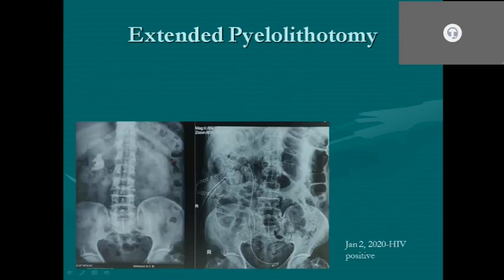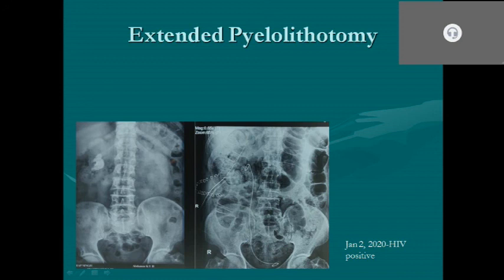So this is what I was talking about, the double J stent. As you can see, this is the upper coil, which becomes a self-retaining mechanism. Upper coil, ureter, and then the bladder coil. So it remains in the system without any string or thread. This is the way to keep it in the system. This is the double J stent.